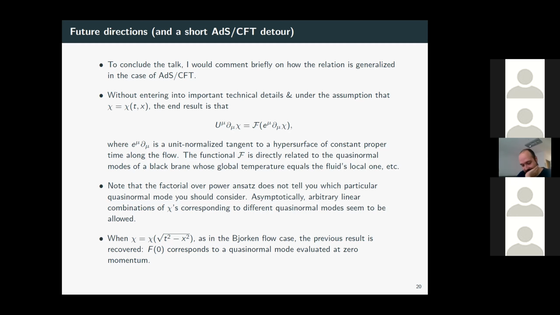So why didn't you start with just a double expansion using T and X, for example? So you're asking me why do I scale T and X in the same way? Yeah. Because okay, that's a choice. That's a choice which is up to you. Because I want to count temporal derivatives and space derivatives with the same weight, right?